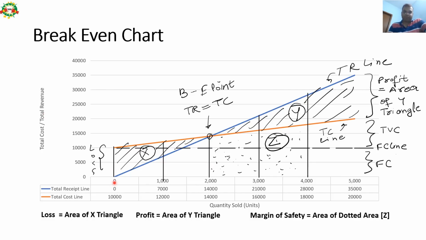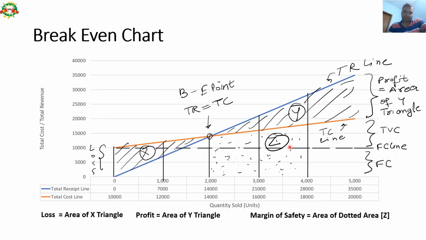So at 0, variable cost was 0, right? Only fixed cost was there, 10,000 rupees. That is why this point has been marked. So at 0 quantity there will be only fixed cost of 10,000 rupees, right? So that is what this line is called, fixed cost line. This is C. So if you have been given this type of two lines, 1 and 2, and the examiner asks you